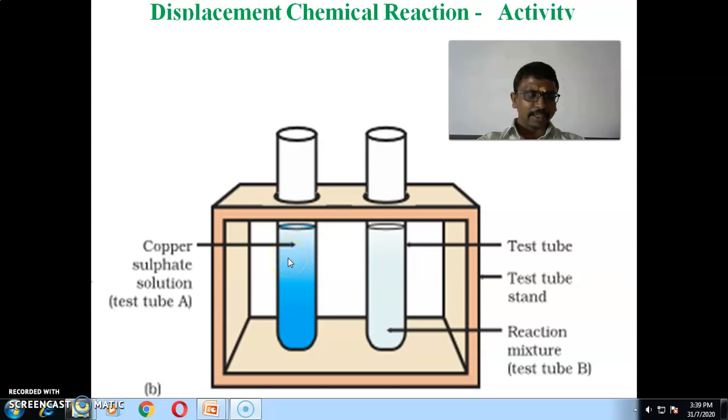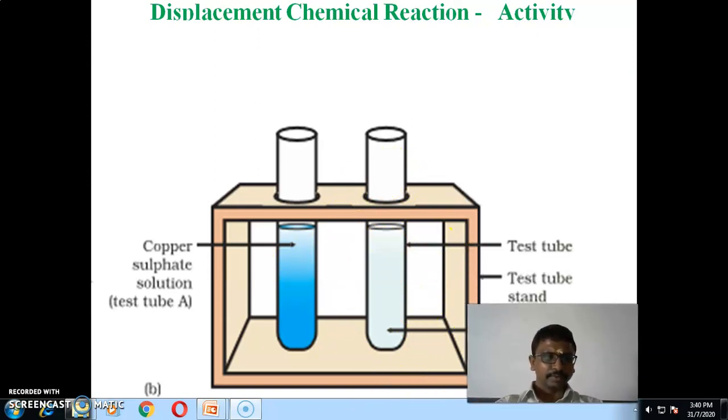The copper sulfate is converted to iron sulfate because copper is less reactive. Iron is more reactive. The copper sulfate in the aqueous state is converted to iron 2 sulfate, which is also in the aqueous state. And the iron, in the solid state, will be converted to copper. The red color of that nail indicates that it is copper. So the solution is iron 2 sulfate.